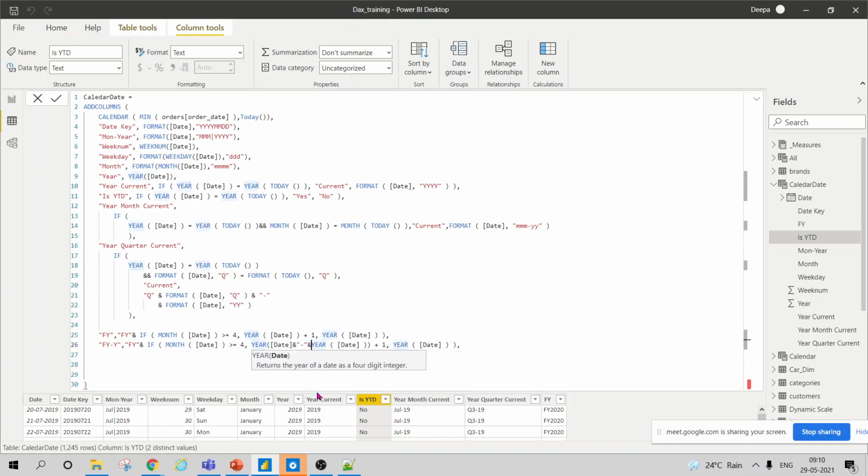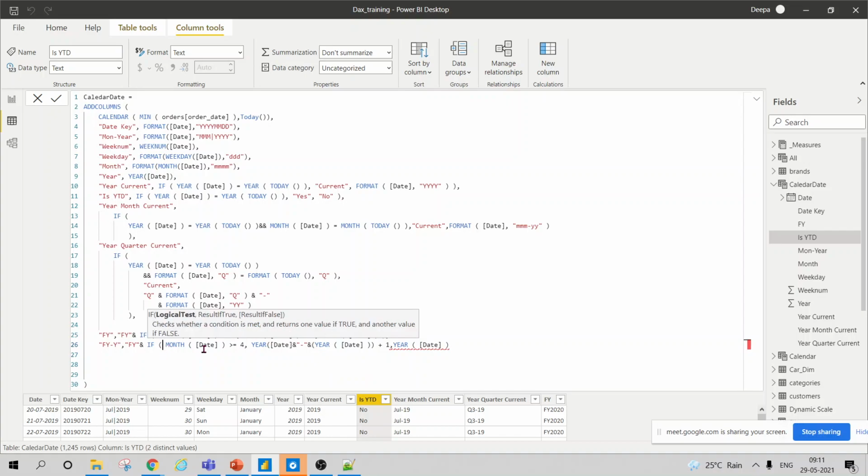Give me a second. Here I want to plus one, else it will give me a year. So this is month. It is checking if it is yes, then year and year plus one. Else, the IF function has this.